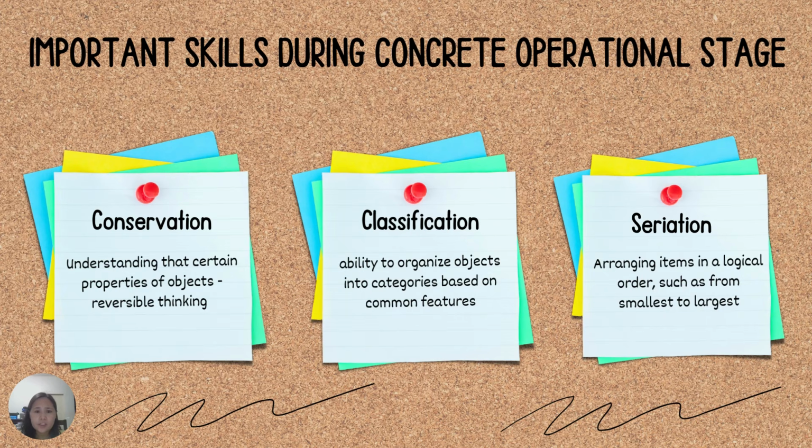So during this stage, the children, take note, 7 to 11 years old, elementary years, they start to think logically, but only about concrete, tangible things. As I've said, when I say tangible, it is something that can be observed, something that can be seen, something that can be manipulated. Because they still have difficulty appreciating something that they cannot observe.